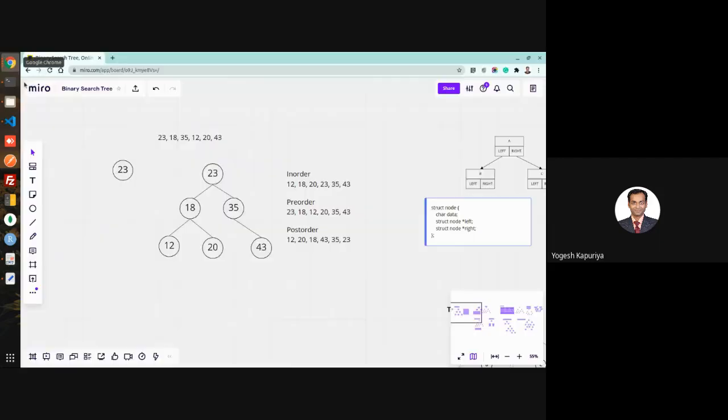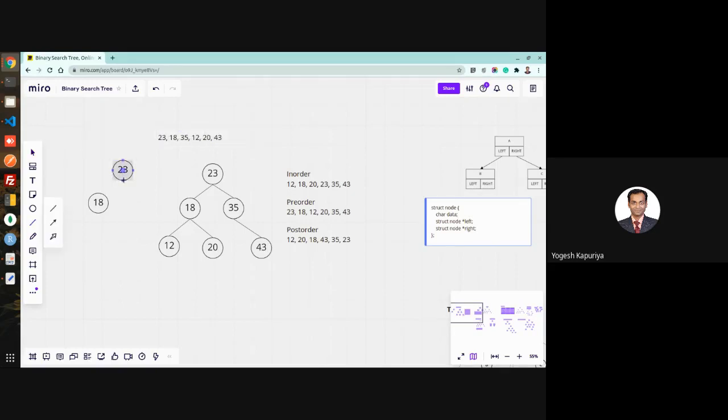Now whatever this insert operation does, it will create another node with node value 18. Remember, this is just a node created, still no link is established between these two. So what should I do? Whatever address is returned by this should be assigned to the left of this.